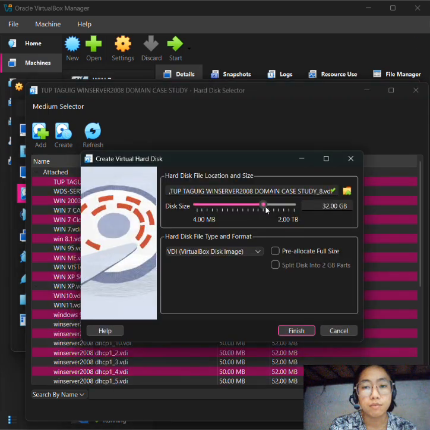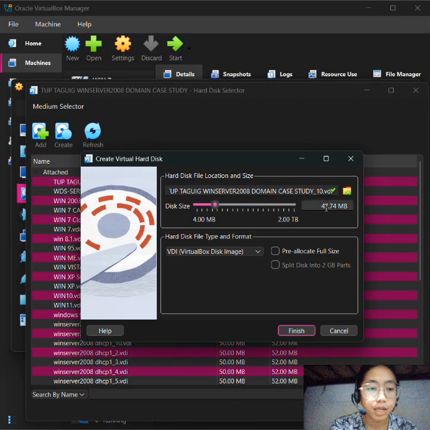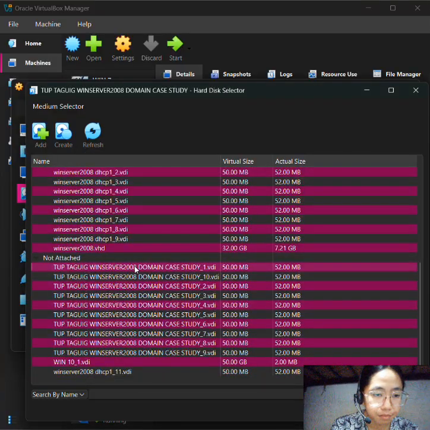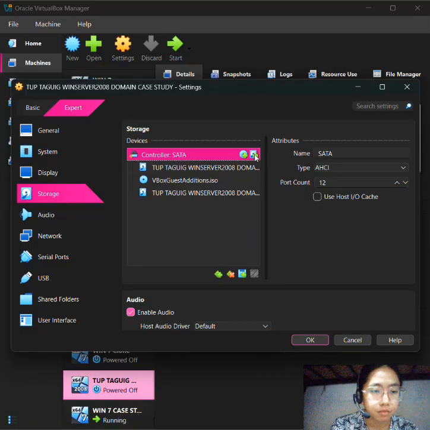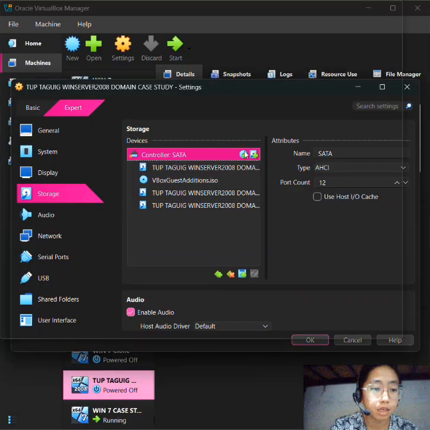So this is for RAID 0 or striping. So I'm gonna create 10 VDI with 50 MB disk size and pre-allocated full size. Okay, so that's only 50 MB.